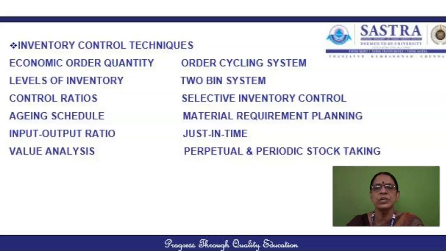Next comes the danger level. It refers to a point at which the issuing of materials is stopped unless under specific instructions. This level is generally fixed below the minimum stock level. When the stock of the materials reaches the danger level, the purchase officer should make special arrangements to get the